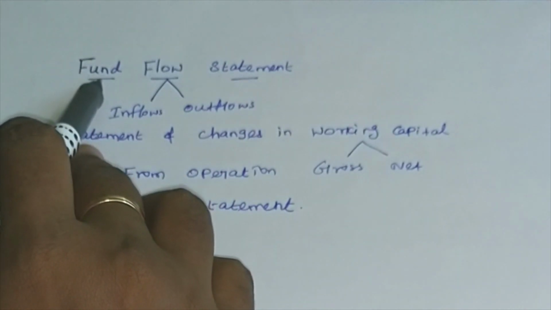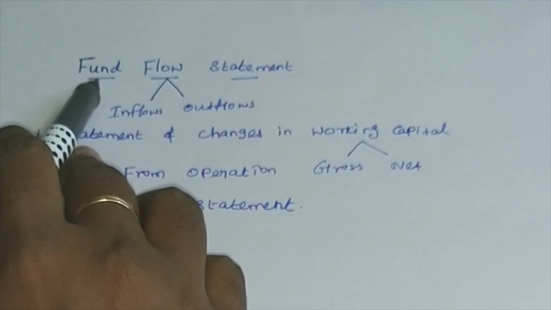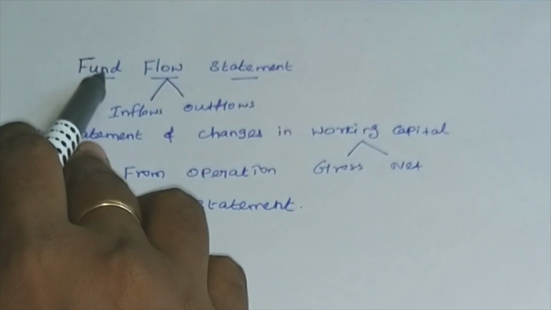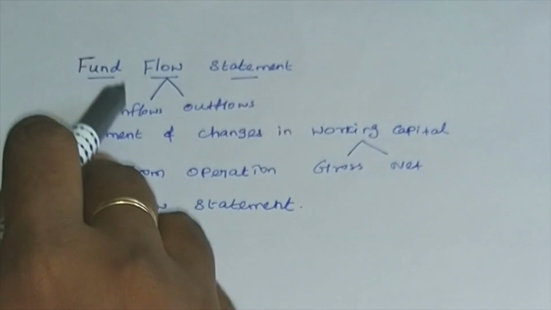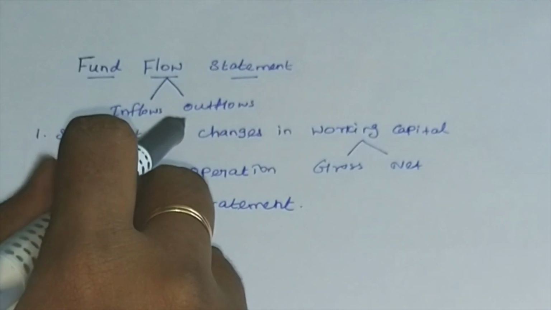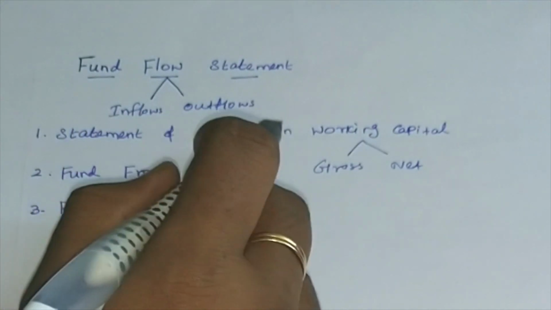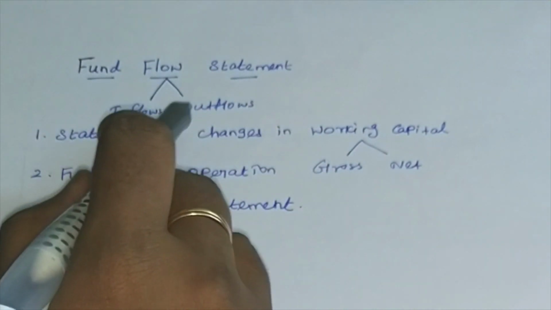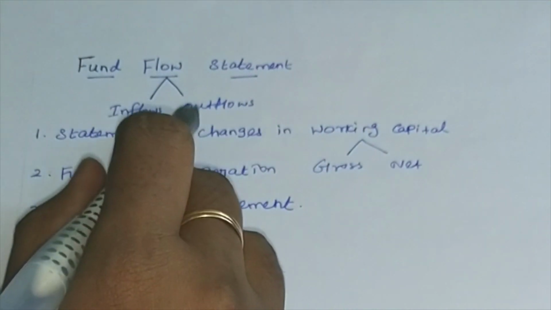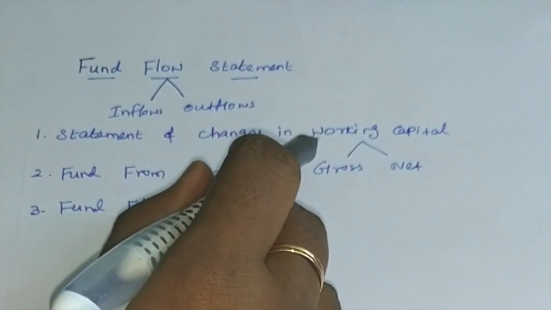Before that, we should know what is fund. It has different meanings. In a narrow sense, it includes only the cash resources of the business. But in the broad sense, it includes all the resources which are used in the business, for example man, machine, material, money, etc. But in the present sense, fund means working capital. It is a current capital which is required for the day-to-day operations of the business.